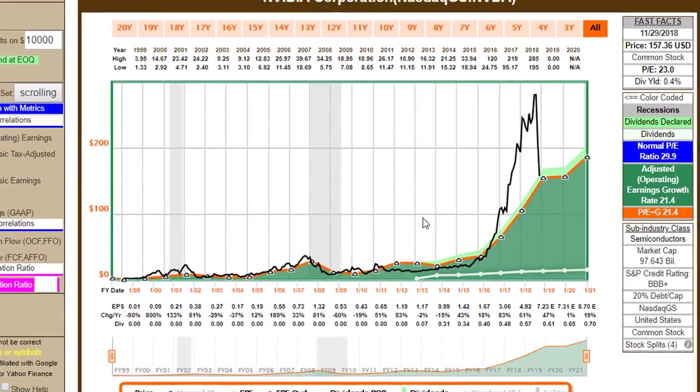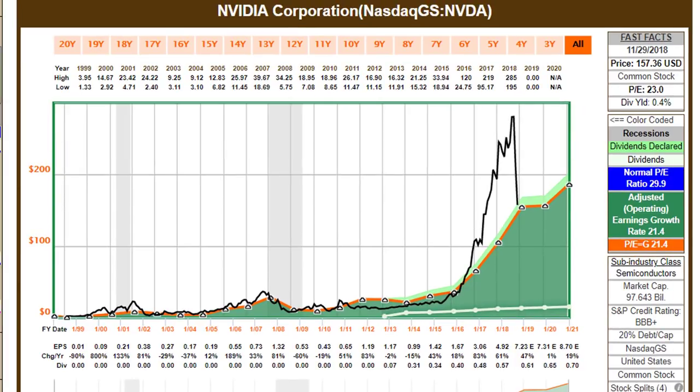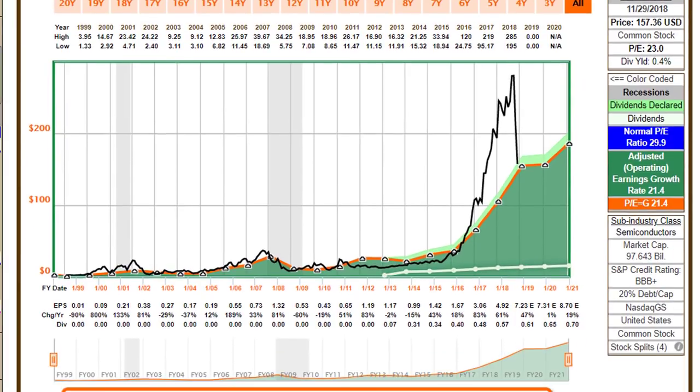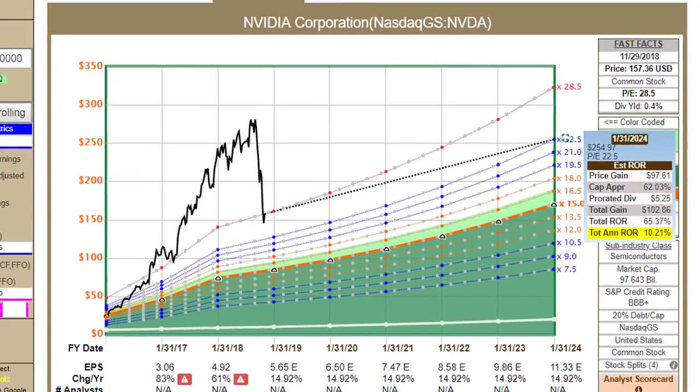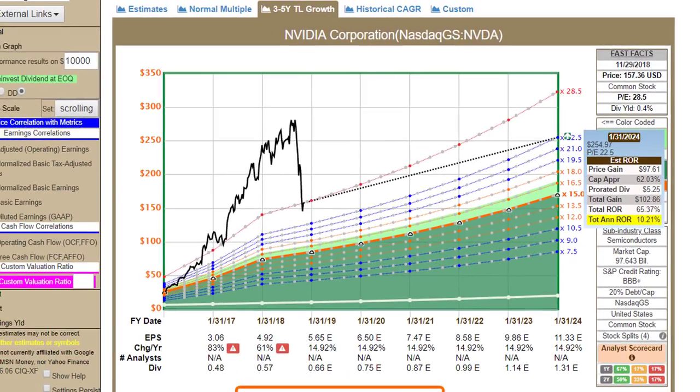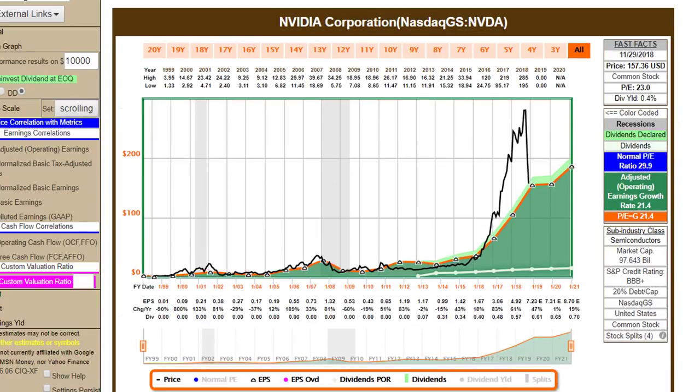So in my view, I consider Nvidia fully valued today, if not moderately overvalued, based on lowered expectations for growth going forward. Even though the company has fallen as much as it has, I still don't consider it as yet a bargain. And as far as the spurt of performance that it had from 2015 through September of 2018, I actually consider that a reasonable justification based on what the company was generating in terms of operating growth over that time frame.